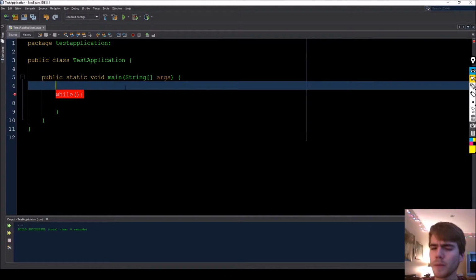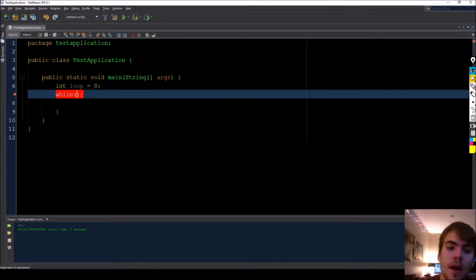But to do that we need an int. So we're going to make a variable. So int loop, we'll just name it loop, and we'll start it equal to 0. So int loop equals 0. So now we need to decide how many times we want to loop. So let's loop 15 times. So while loop is less than 15,